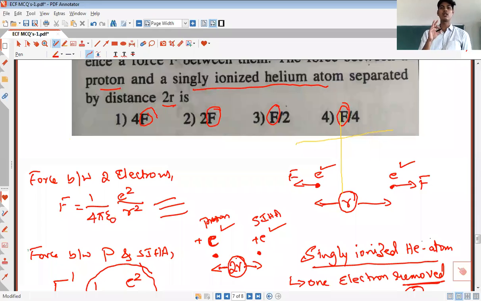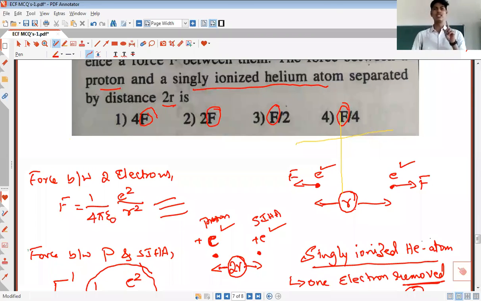You need not solve it this much, they are saying. Initially you must learn to do it. This is the first time you are solving these kinds of problems, so you must learn how to do it. But when you practice solving problems, you can answer logically. The charge on the electrons, the proton and the singly ionized helium atom is the same. So when they give the force between 2 electrons and the force between a proton and a singly ionized helium atom, the charge is the same. What is changing is the distance.